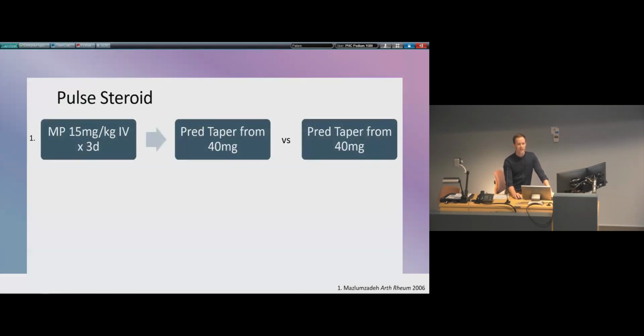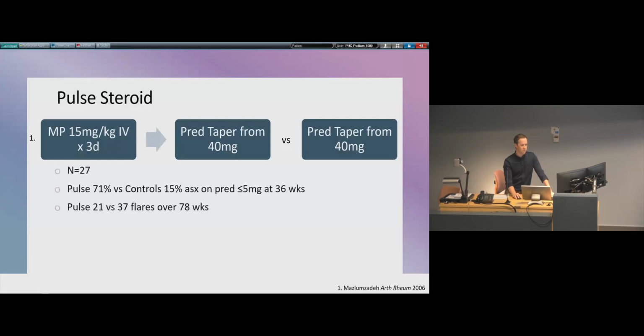Not a great deal. There are 2 studies, one by Mazlamzadeh, which was a whopping 27 patients, and they got 3 days of close to a gram of methylpred, if they're 60 kilos, followed by a pred taper from 40 milligrams versus just pred taper alone. They did see a decrease in flares over 78 weeks,